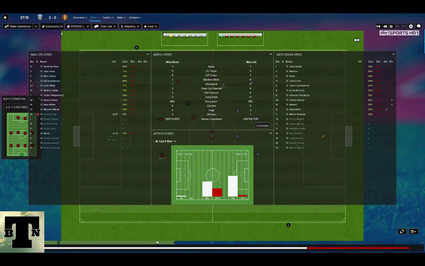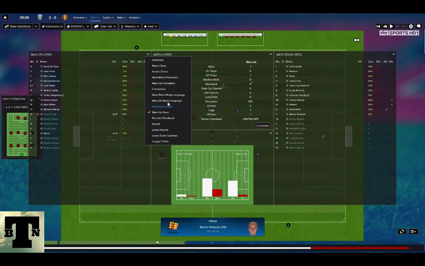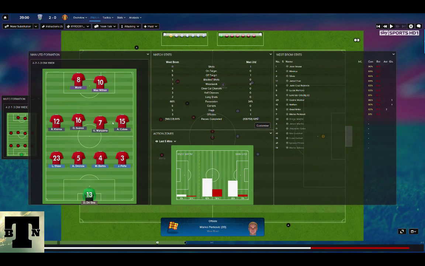Time for me to make another change. Stop. Okay, United are now playing a 4-4-2. You can see that from this. Let me show it to you here. This is United playing a 4-4-2. I want to see what they're doing. So fullbacks on support, midfielders on support. Suarez looks like he's also on support.